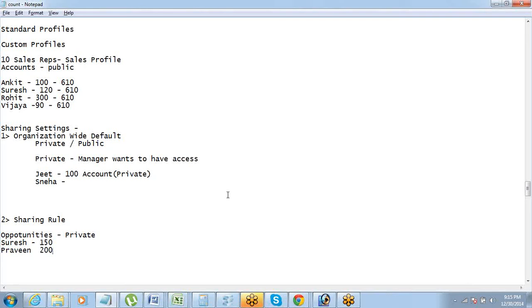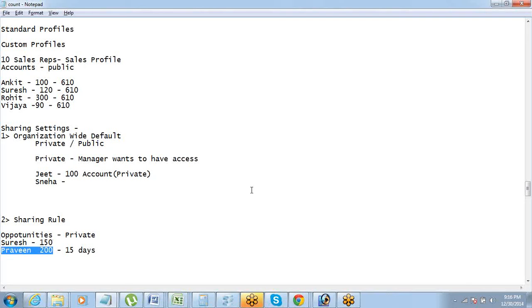Now Praveen is going on leave for 15 days. He will not be in office for 15 days. We want Suresh to take care of his opportunities for these 15 days. Correct? That is another challenge. Suresh needs to see Praveen's opportunities for 15 days.